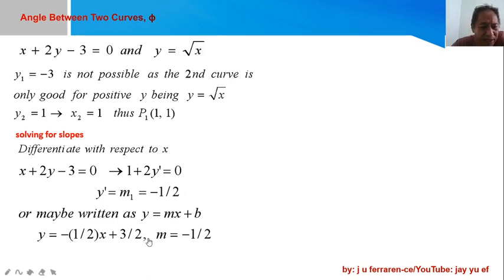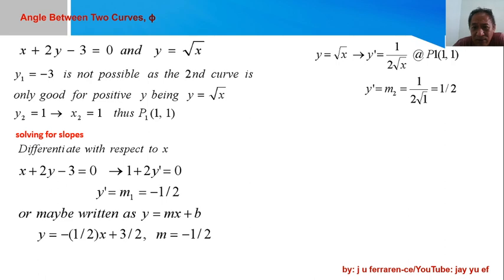Actually, this is your y-intercept, but what I need is the slope of my line. So the slope is actually the value of your first derivative, and that's equal to a constant value of negative 1/2. Okay? Now, finding the slope of y equals square root of x, I also have to